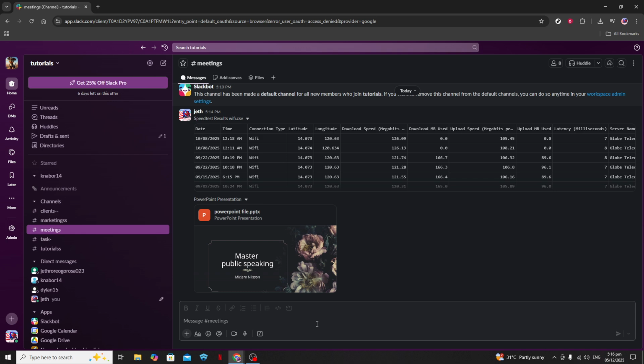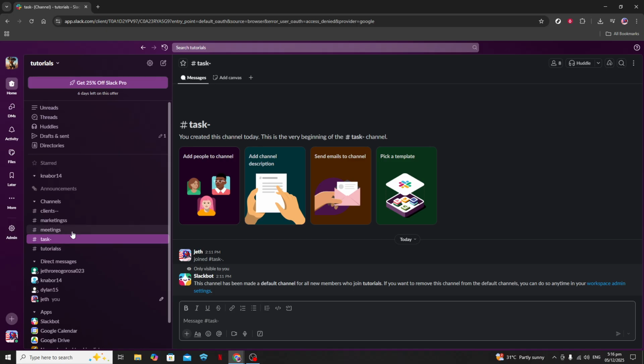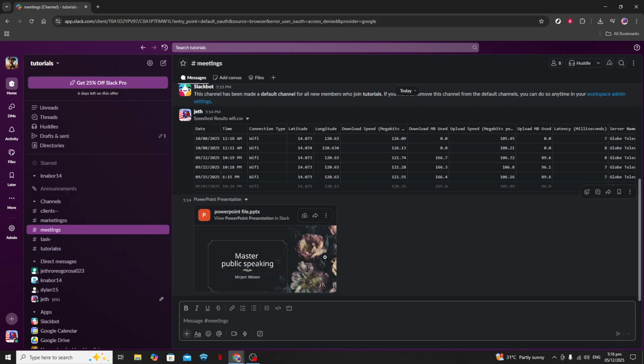Once you've located the desired channel from the results, simply click on it. Slack will take you directly to that channel, allowing you to dive into the conversation or information you need seamlessly. And there you have it. With these steps, efficiently traversing your Slack workspace and finding essential channels becomes an easy task. Remember, Slack's search functionality is designed to enhance productivity and streamline communication, so take advantage of those features to keep